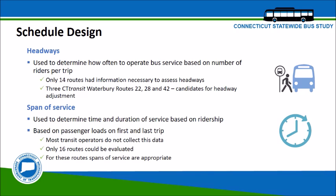In the schedule design category, we looked at headways, which is the time between buses. The headway assessment was used to determine if service levels were sufficient to support ridership demand or if too much service was being provided given ridership levels. Only 14 of the 76 routes had data available to evaluate this criterion. For those routes that could be evaluated, most were operating too much service and should be evaluated by the individual